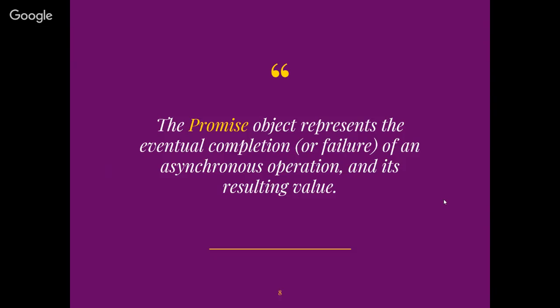There we go. So here we have confirmation that indeed promises are our main tool for executing asynchronous operations. At their most basic, promises are a bit like event listeners, except that a promise can only succeed